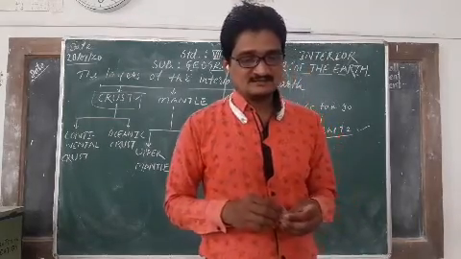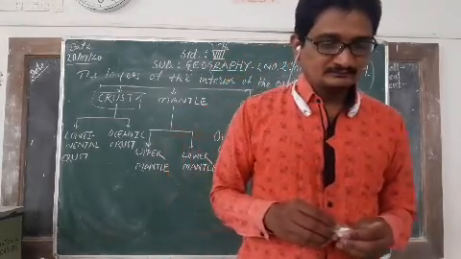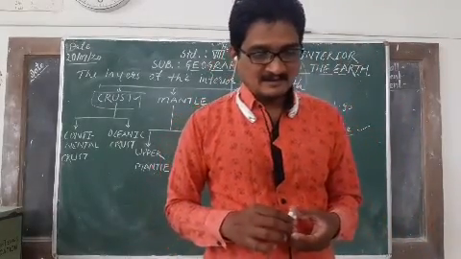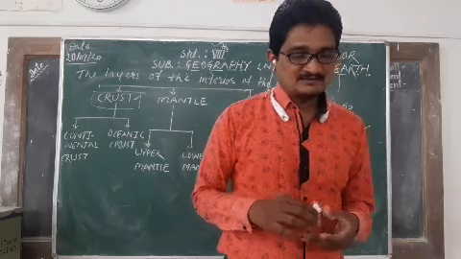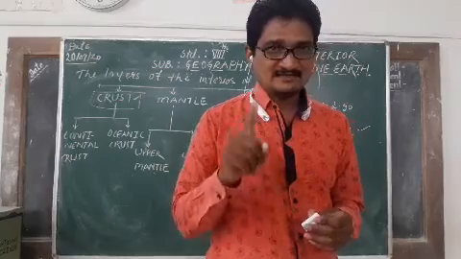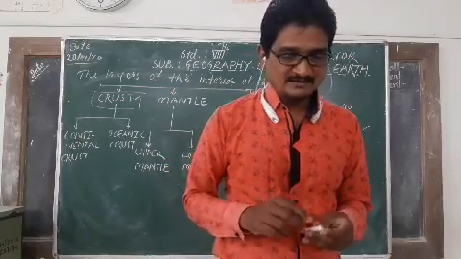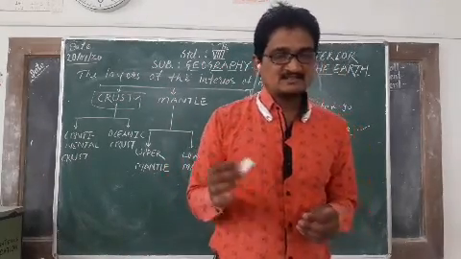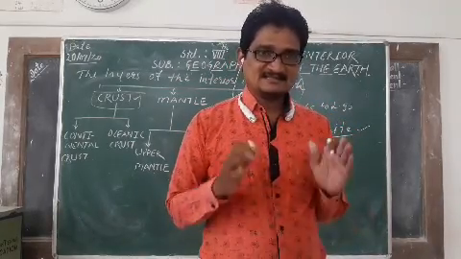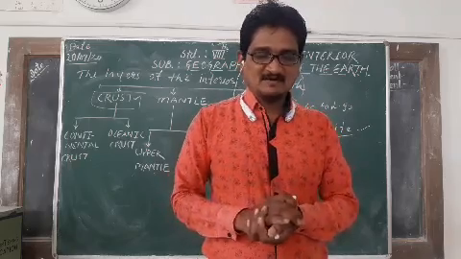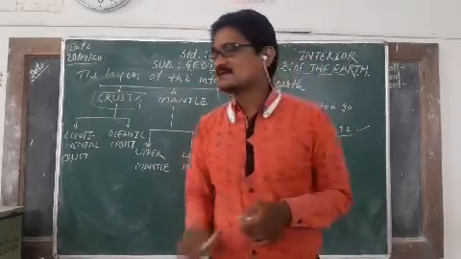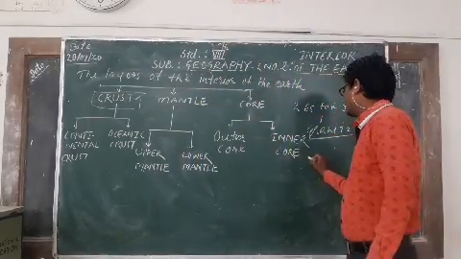Then oceanic crust. This is the second layer of the crust, and it is made up of silica again and magnesium. It is made up of silica and magnesium. Note down first point. Then it was earlier called Sima. It was earlier called Sima. Continental crust, Sial. Oceanic crust, Sima. This layer is approximately 7 to 10 kilometers thick.